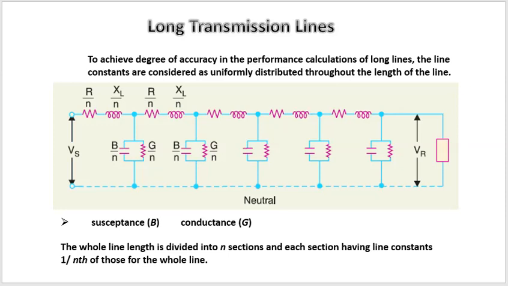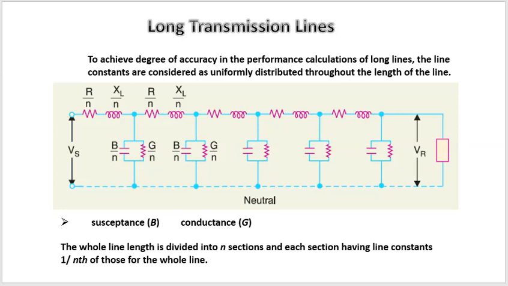Dear students, in the last video we had discussed the short transmission line and the medium transmission line. To summarize it, we have studied that in the short transmission line, which is less than 80 kilometers, we ignore the shunt capacitance and we only consider the series impedance, which includes the resistance and inductance. While in the medium transmission line, which ranges from 80 kilometers to 240 kilometers, we consider the capacitance in the shunt branch along with the series impedance, which includes resistance and inductance.